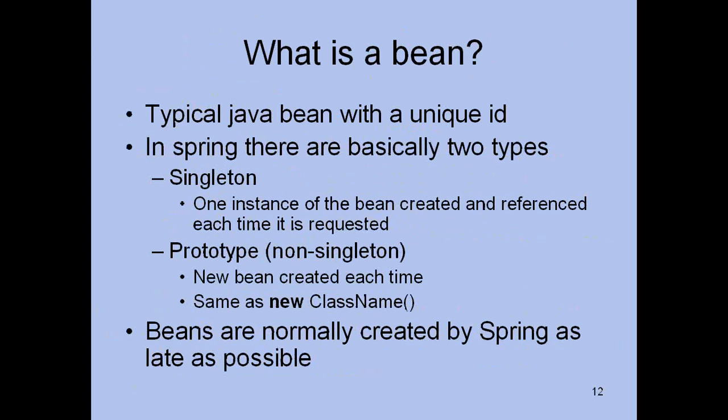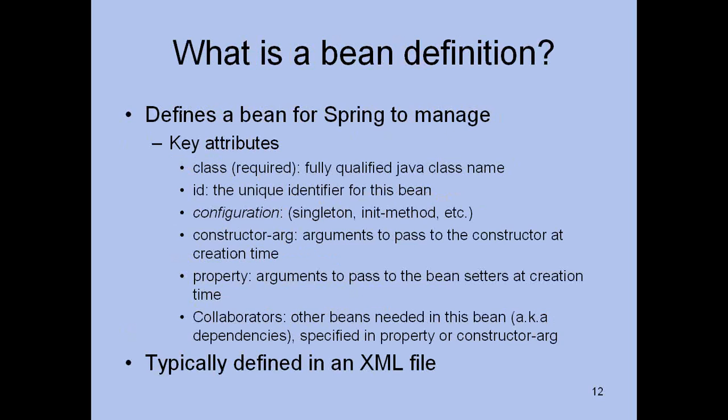Now we have seen what is a Java bean and how to declare the beans in a Spring configuration file. I'm going to walk you through the demo today. Typically, a bean is like a Java bean with a unique ID. So when you define a bean in the configuration, you have to give a bean tag, ID for the bean, and class name for the bean. And within the bean, if you want to set some properties, the element is property within the bean tag. Before closing the bean tag, you have to set the properties if required.